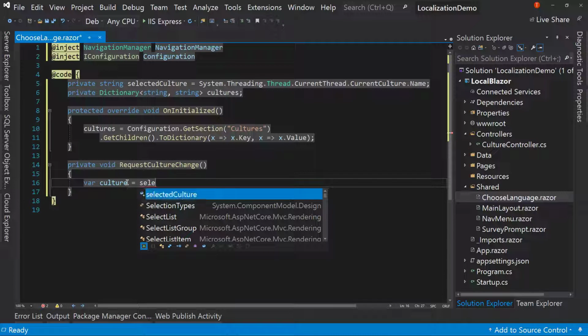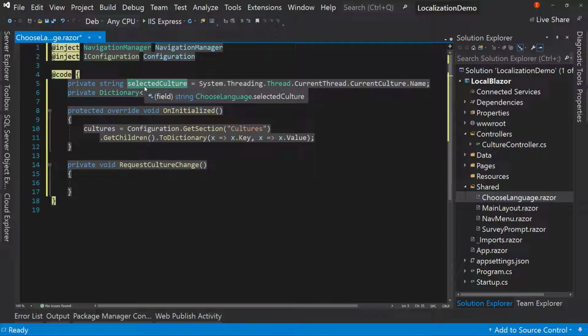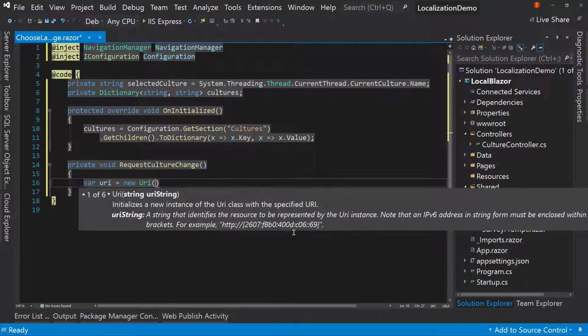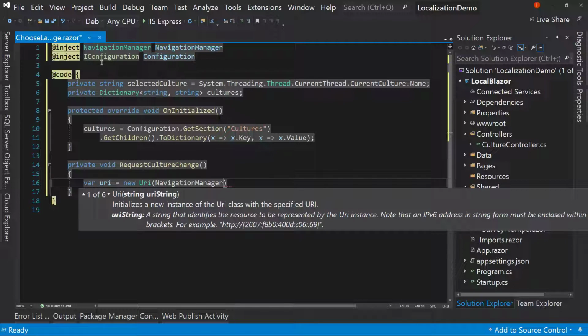Actually, we don't need to do that line. I had originally thought I was going to break that apart and do something else with it, but we're just going to grab this selected culture. So whatever has been selected, it's going to be in this value. So let's use that. So var uri equals new Uri, NavigationManager. That's where we brought that in on our inject statement. NavigationManager.Uri